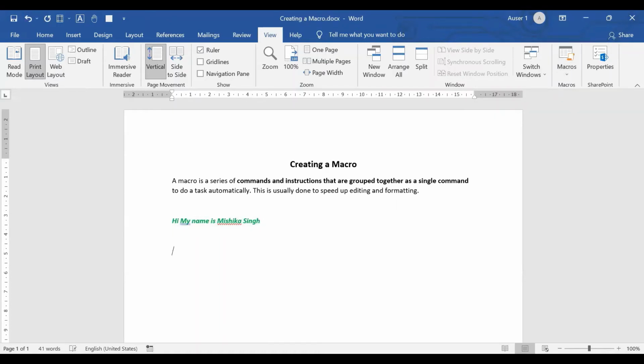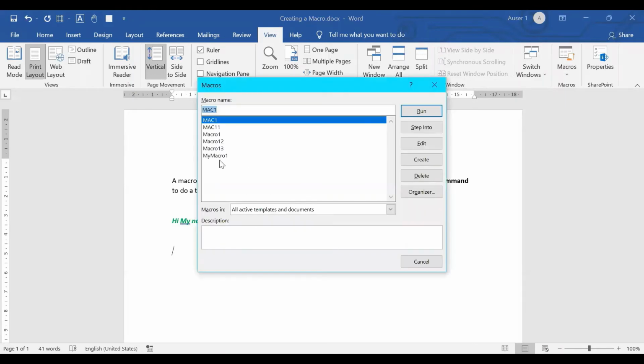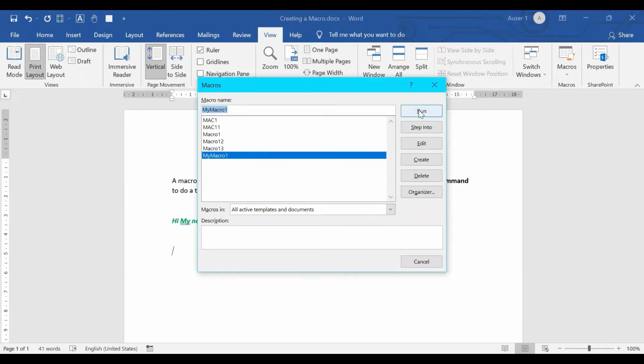Now, if I want this text to appear multiple times in the document, then I can just run the macro instead of typing it again and again. For that, I need to go to the View tab, go to Macros, View Macros, and we gave the macro name as My Macro 1, and then just run it.